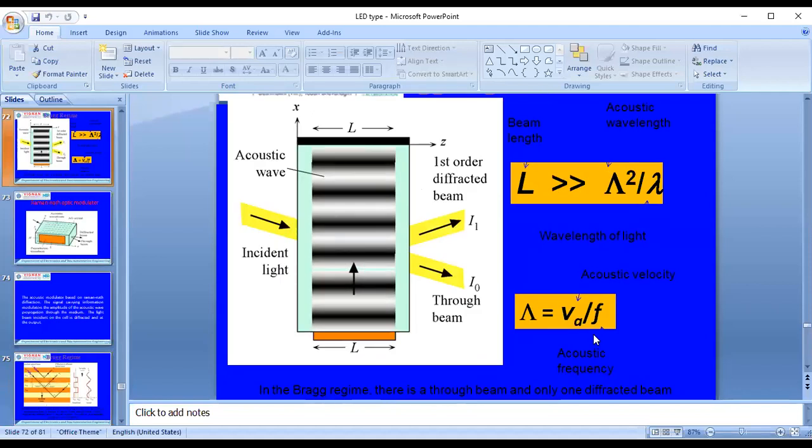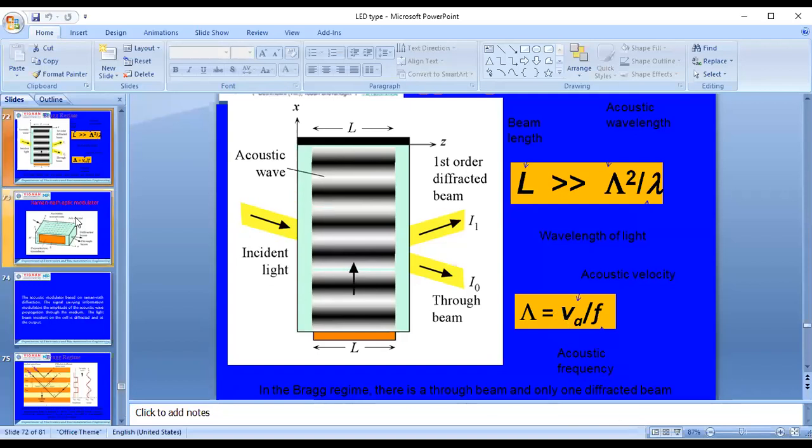Now coming to the acousto-optic modulator with Bragg's equation, incident light will be applied here. It will be split into two directions, as first order and zero order, through the beam itself. Here the path length of the beam is much greater. In the previous case the length is less than psi square by lambda, while in the Bragg's equation based acousto-optic modulator the length will be greater than psi square by lambda, and the total output wavelength of light is related to the applied acoustic voltage VA by F.